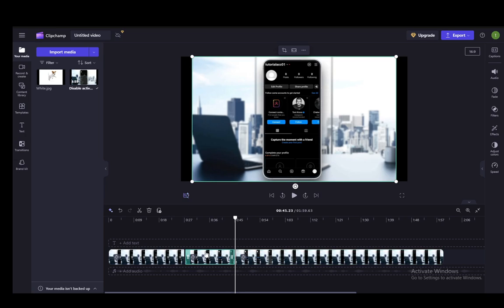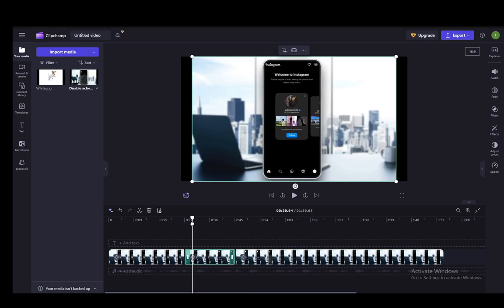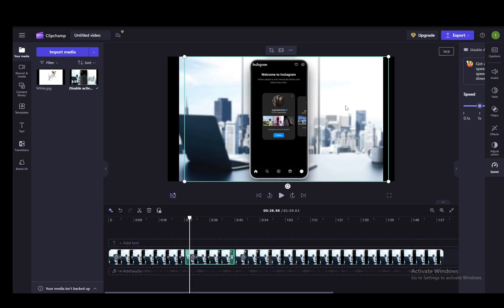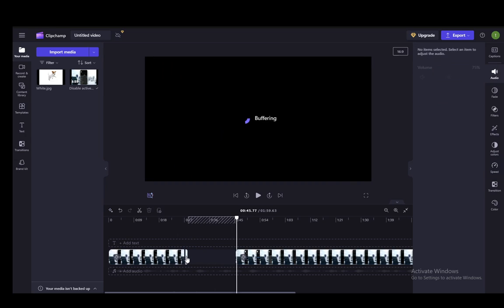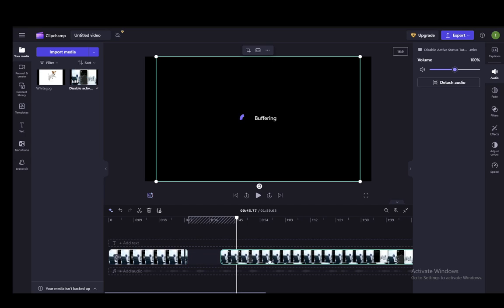And now, since this is the part that we're going to be speeding up, make sure it is selected, drag the marker over it, and if you want to speed this part up, you just go into speed and then go and speed it up. Now, as you can see, it has been shortened, and there is a blank sort of gap between that and this here. To delete it, all you have to do is press this trash can or manually drag it over